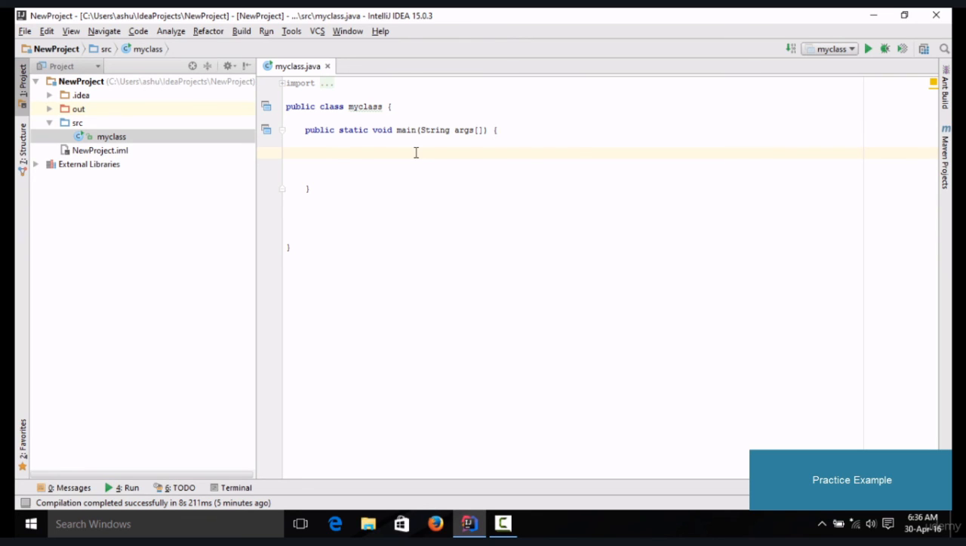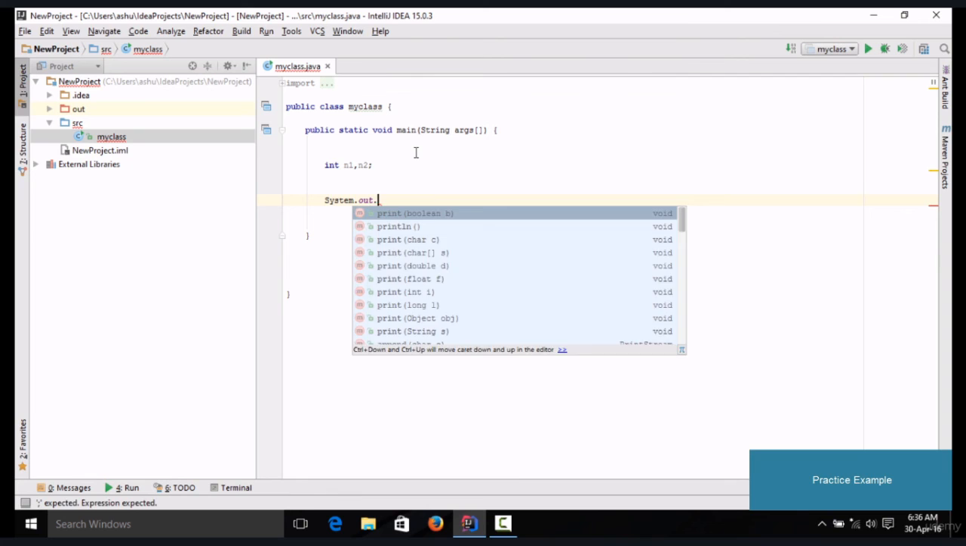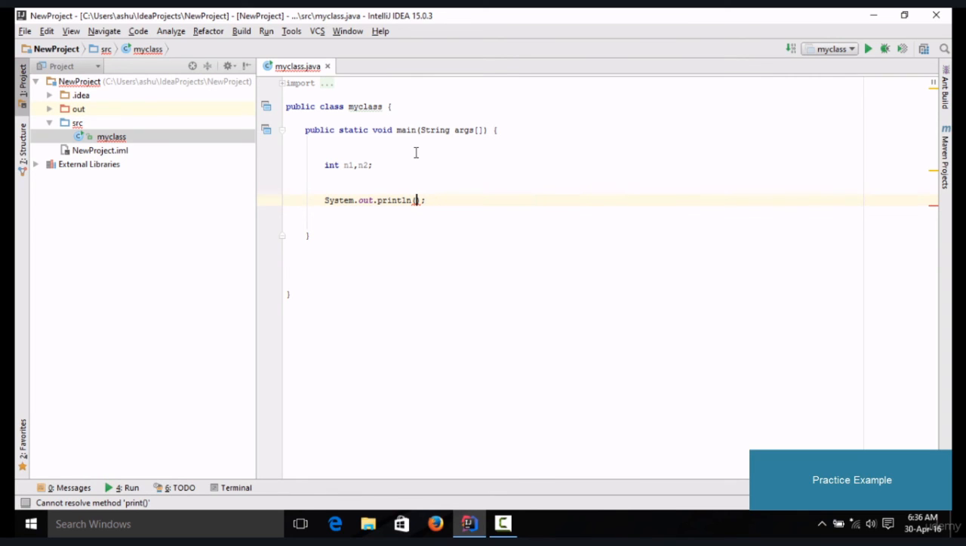So as we need to accept two numbers from the user, we need to create two integer variables. So we type in int n1, which stands for number 1, and int n2, which stands for number 2. Now once we have these two variables, let's ask the user to enter these two numbers. So we type in system.out.println, and in there we type in